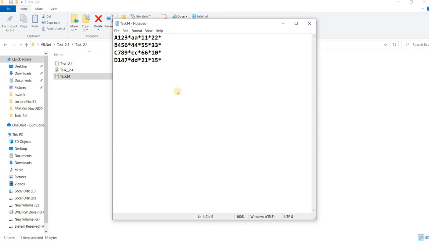Okay, if I display the items above 25, how many items will display? It will show me two items, 55 and 66.